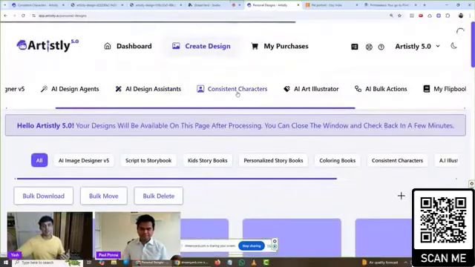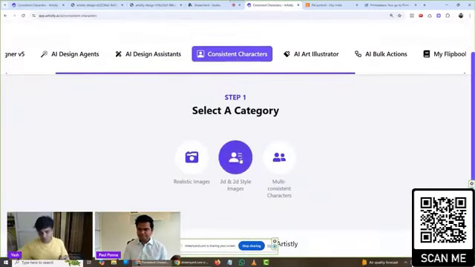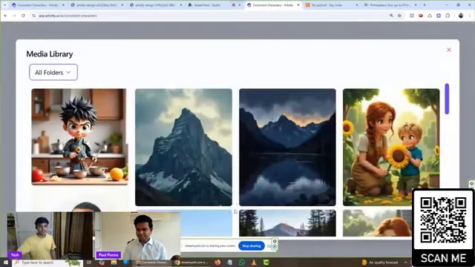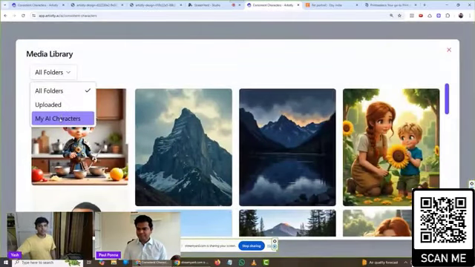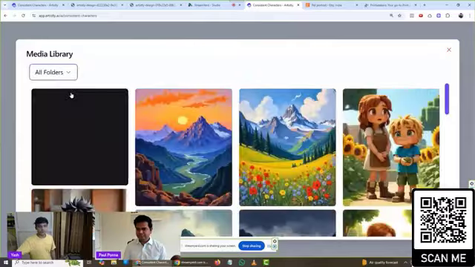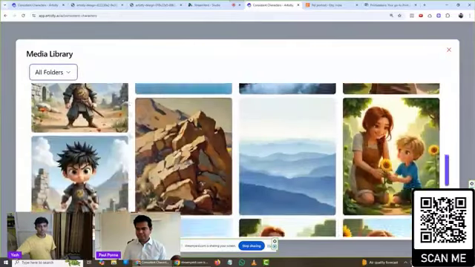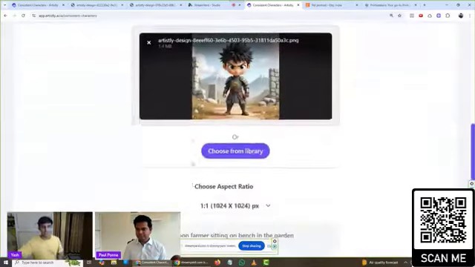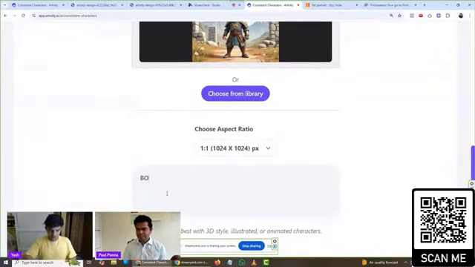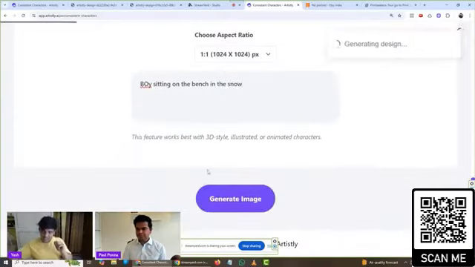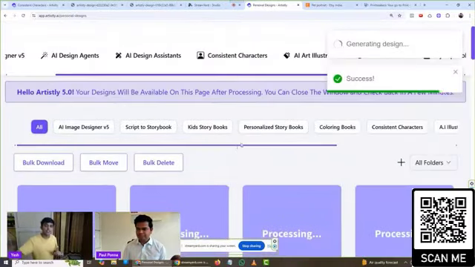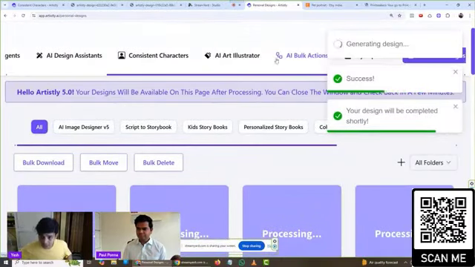So for example, I'm going to go to Consistent Character again and show you again with that character. Let me just choose from library, my AI character, or let's say all folders, you pick your design and say, a boy sitting on the bench in the snow. I'm just going to generate that. And while these are being generated, I'm going to show you what you can do with AI Art Illustrator,